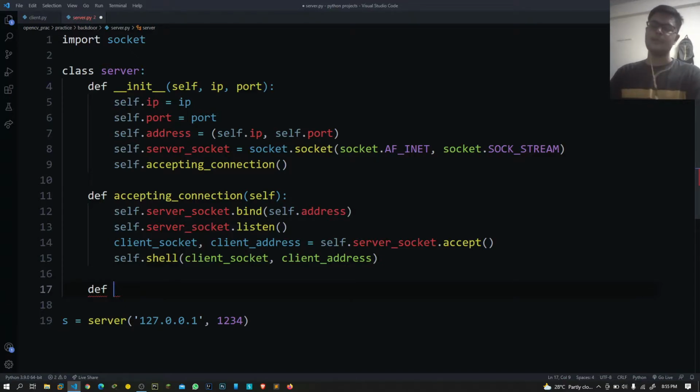So for this I am declaring a function shell, a method of class Server, which will accept two arguments: client_socket and client_address.